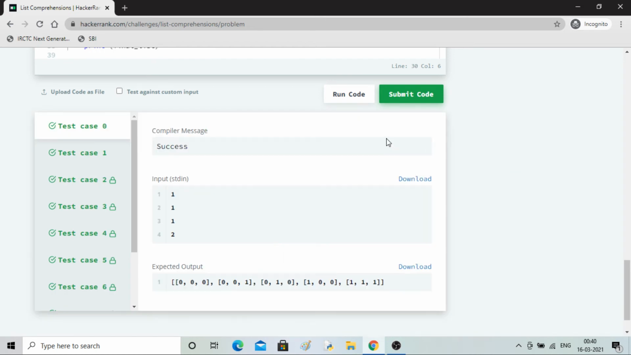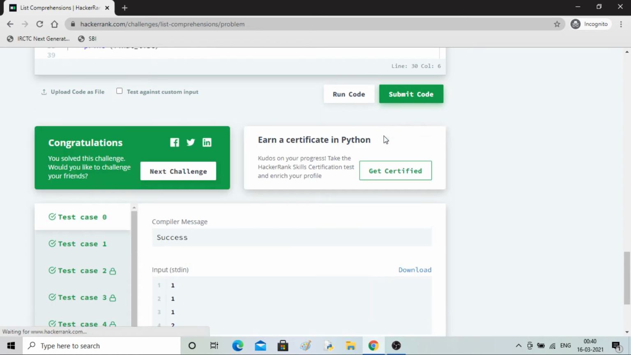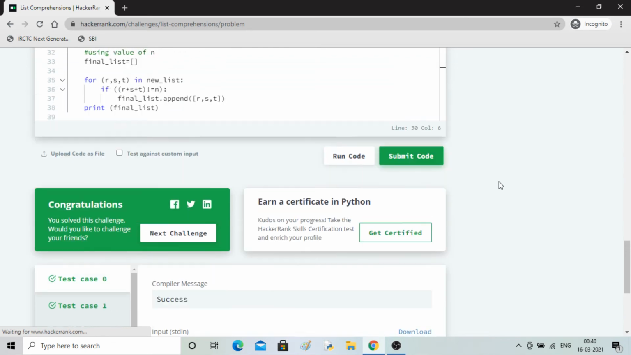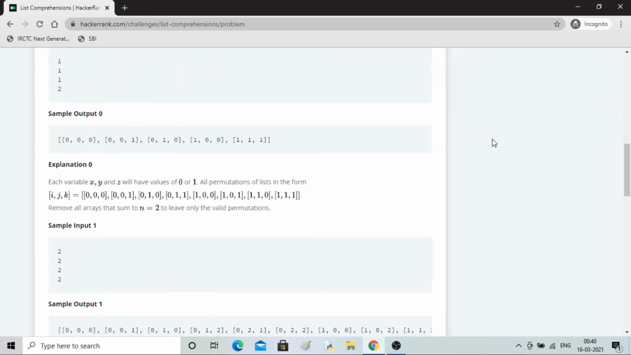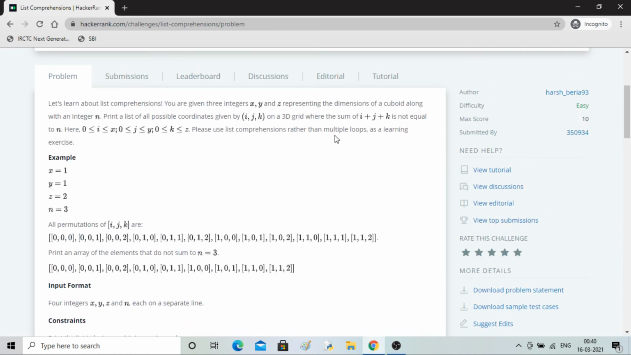Okay, so all the test cases are passed, and congratulations. So this is the question, but what we have done is we have used for loops. Now this is not a loop, it is list comprehension. List comprehension I will tell you now. Okay, so we have implemented with multiple loops, so we don't have to use multiple loops, we have to use